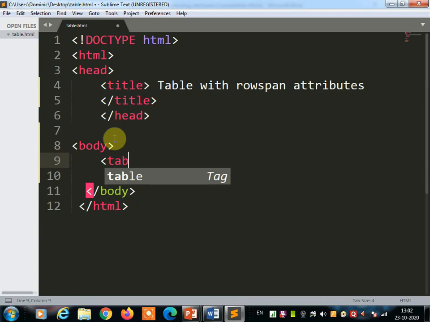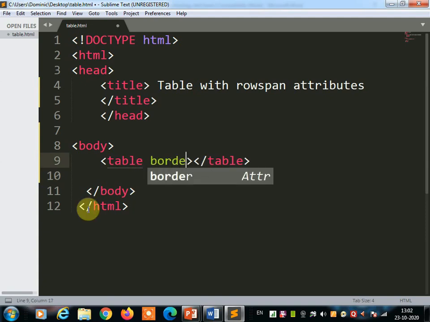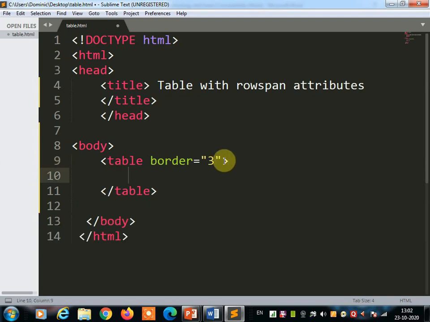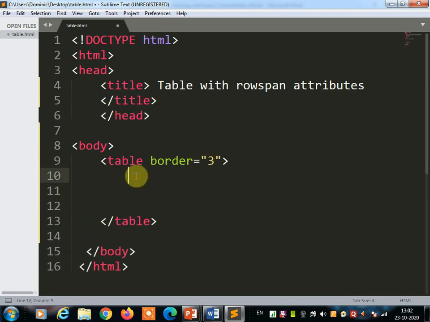So the table tag, and you are going to use the table attribute border to give the border to the table. Once you have given the border to the table, then you create a row in the table.